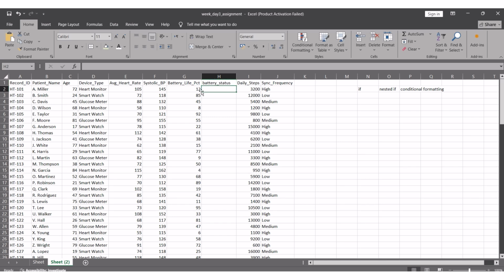So I want to check if my criteria or my condition is if the battery life is below